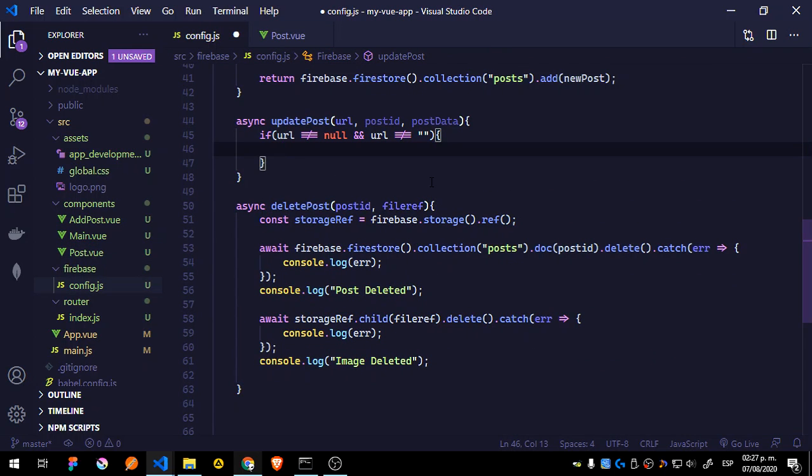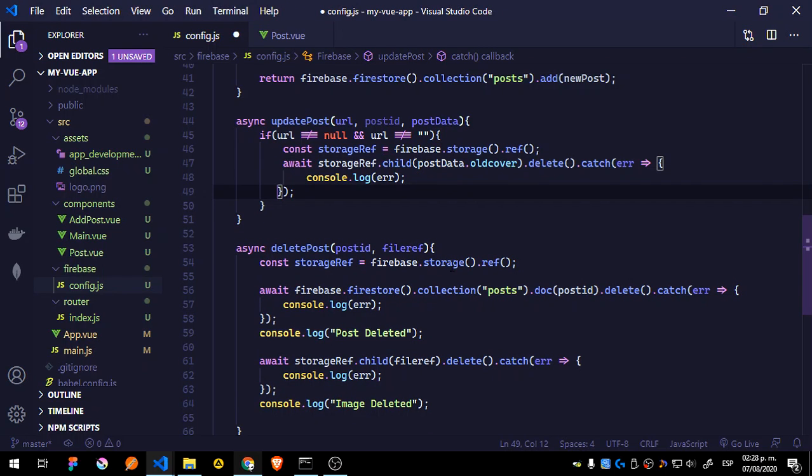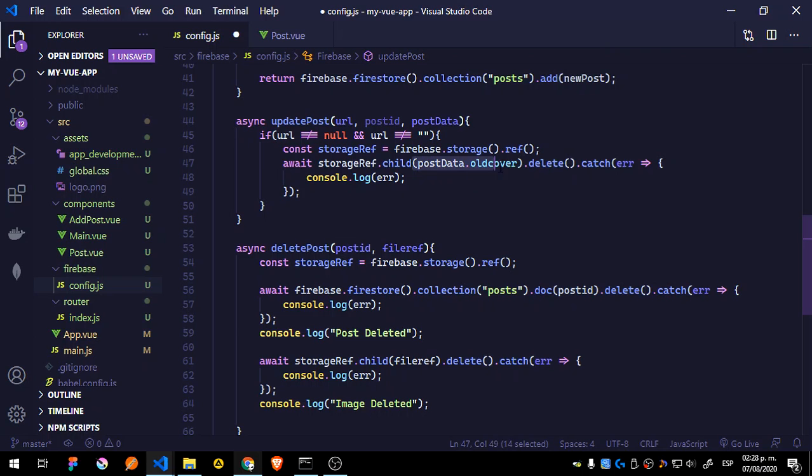Of course, you can do more in-depth checking with this. You can stop this before it reaches the update post function inside this config file, but this is just a way of doing that. Then inside this if, we're going to get the reference again. We need to get it again and use a new await. Remember that we're using async here, so we can use await to delete what is coming as the post data